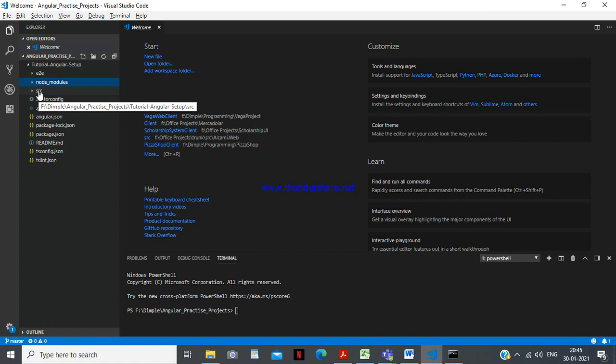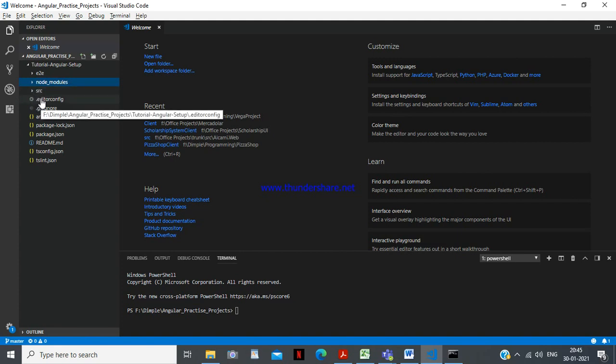It contains the files where we write the code, and it contains all the components, and the assets, like the images and other files which are required in developing the Angular application, and all the environment related files, and all the language related files. It all comes under the src folder. So this is the main place where the components lie.